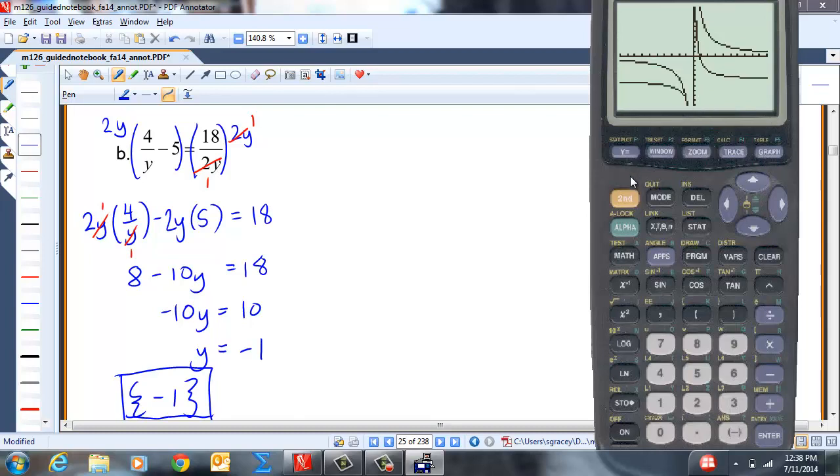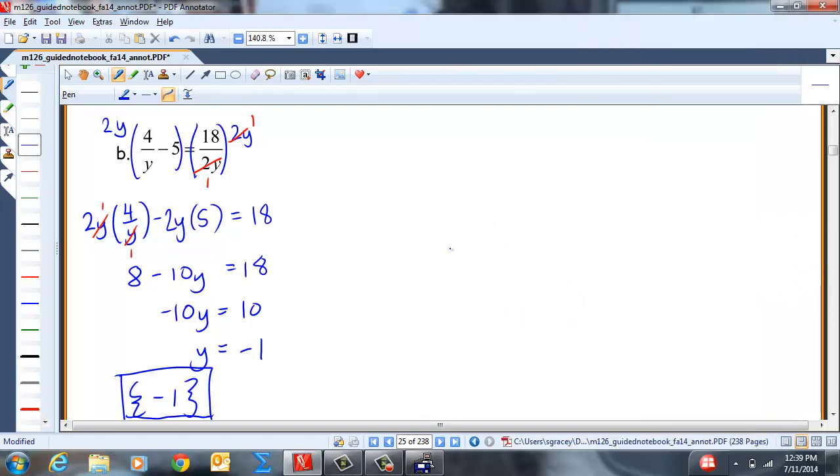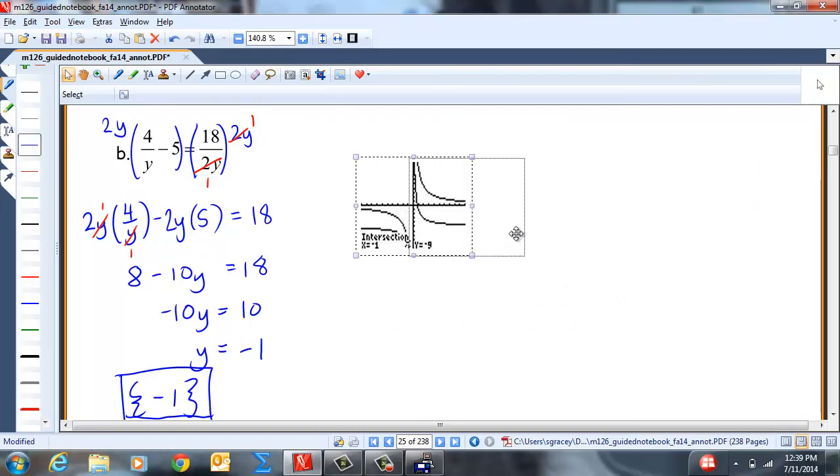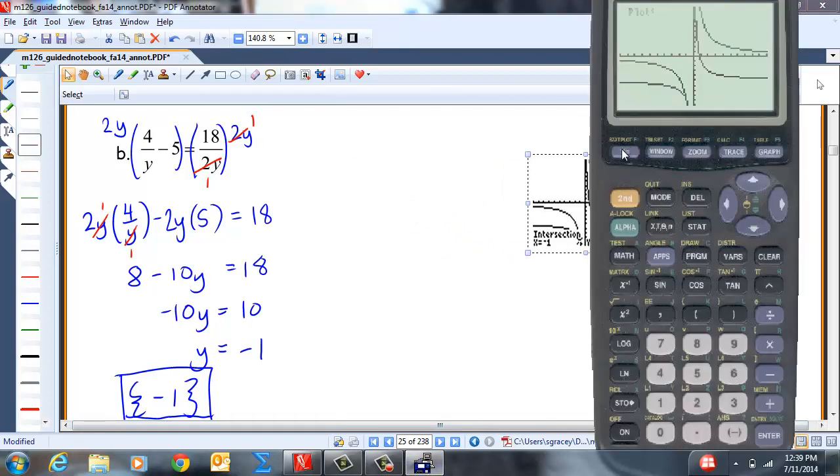So if we go to our Calculate menu and go to Intersect, where is it beeping at? Here we go. We have this one and this one, and we got our intersection. So be careful. I know it has something for y, but we're going to ignore that y is negative 9